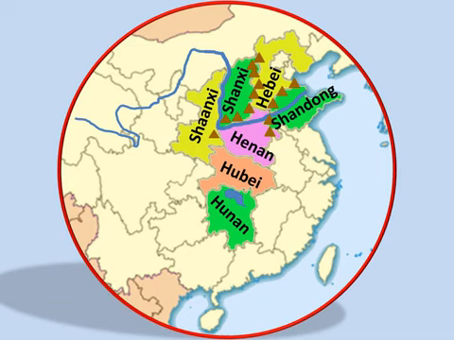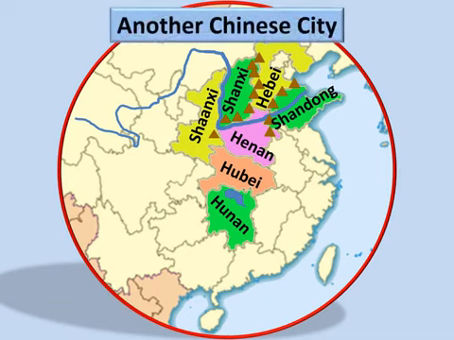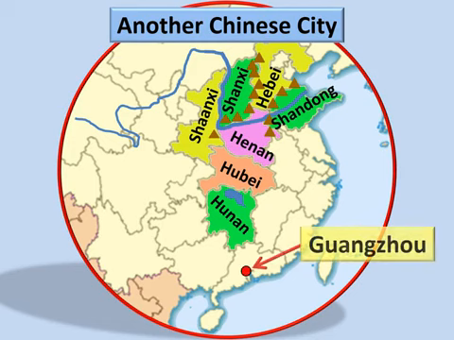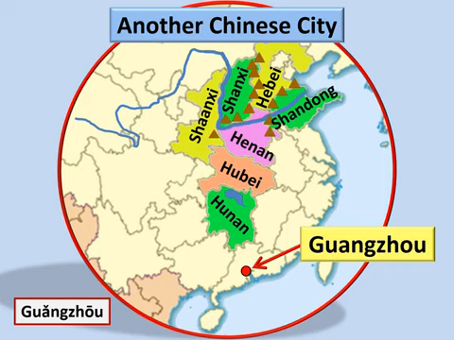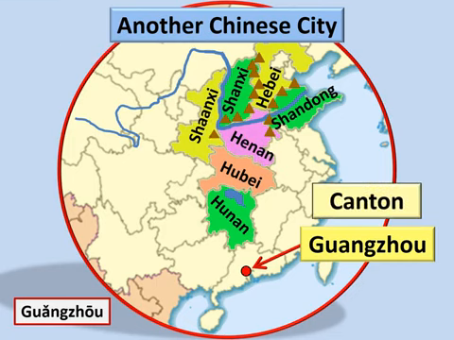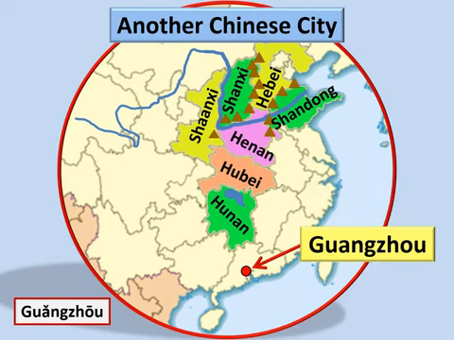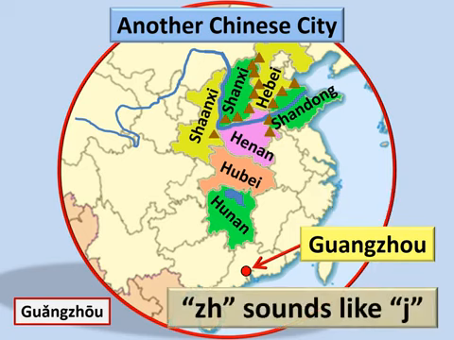Let's learn the name and location of another Chinese city. 广州 has a population of 13 million people, making it the third largest city in China. You may have heard the name given to the city by Portuguese traders and colonists, Canton. Notice that in the Chinese name of the city, ZH is pronounced much like the English J. Remember the name. 广州